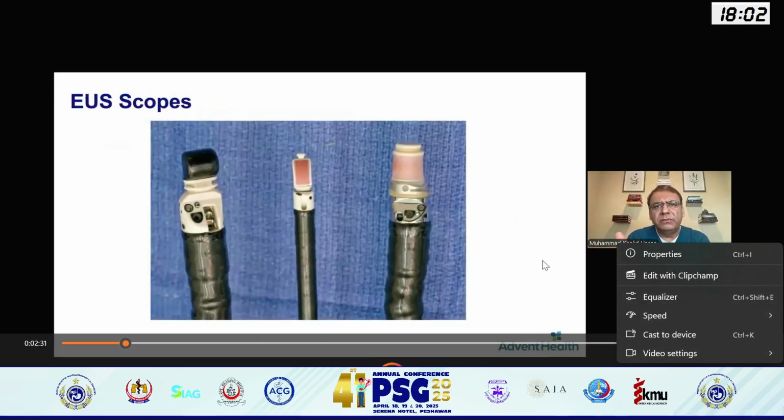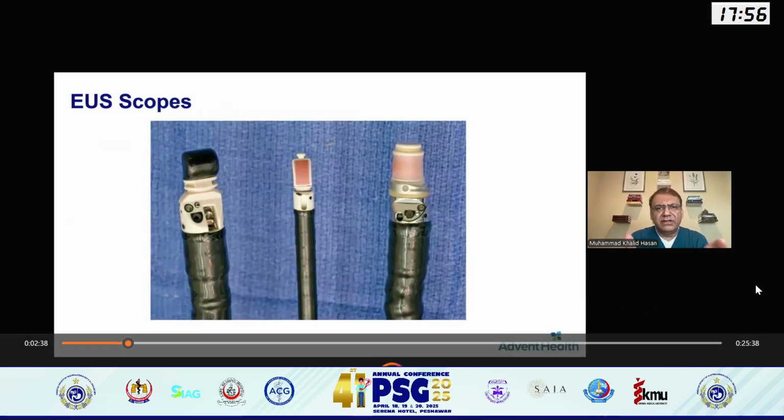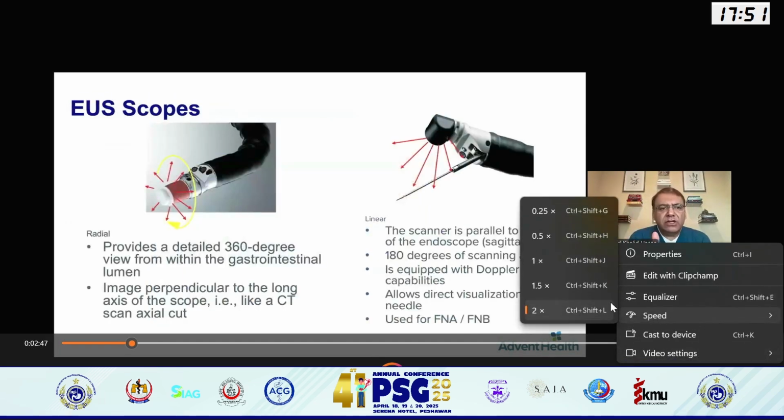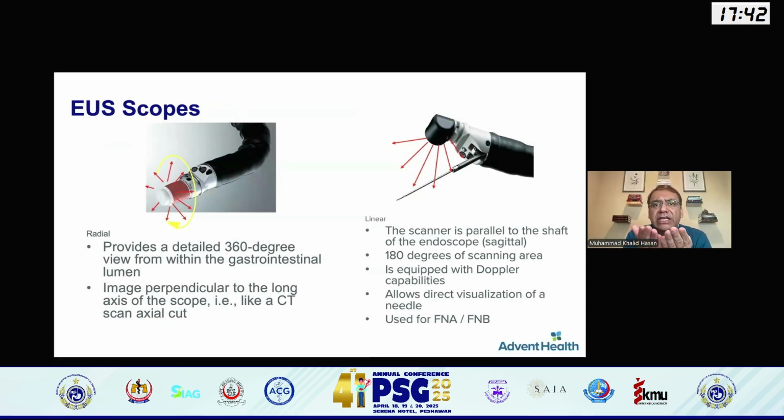These are three scopes: radial, linear, and the smaller one in the middle, the baby scope, with the others on the sides. That baby scope is basically an endobronchial scope, or EBUS scope. The 360 scope gives a 360 image, or radial scope, I should say. It's just like a CT scan image, with axial cuts. In this, a needle could be put in, but you don't see it because the needle really is not in the pathway of those ultrasonic waves. It just appears like a dot. That's why we don't use radial for any sort of biopsy or therapeutics.